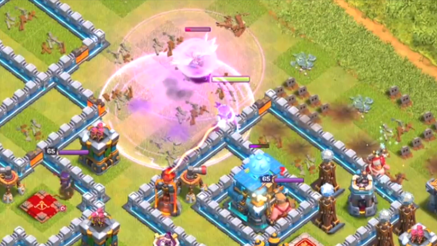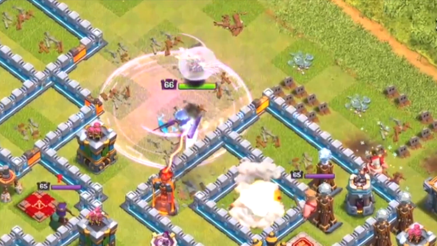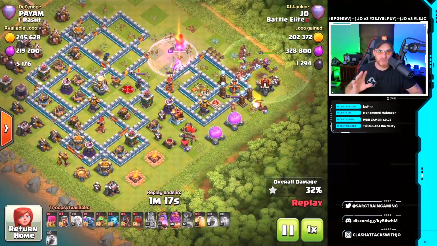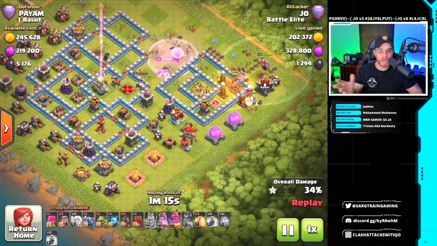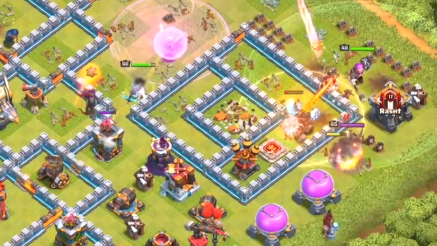She's going to get that town hall very easily, dropping another rage spell, prepping her up for the next engagement, which happens to be the queen's location. And so once we know that that queen is going to be taken out by the enemy queen or vice versa, we're going to bring the Hog Riders in bulk and take down the hidden Tesla location as well as